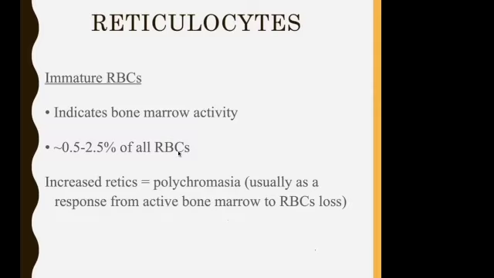It means that this patient is probably trying to compensate for something, okay? So it says here, increased reticulocytes, this is what we call polychromasia. And this means that the bone marrow is hyperactive, trying to compensate for something, and usually that is RBC loss, whether the patient is bleeding or they have hemolysis or so on, okay? So